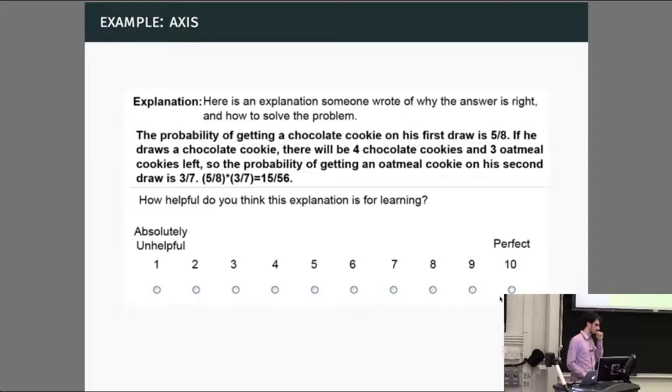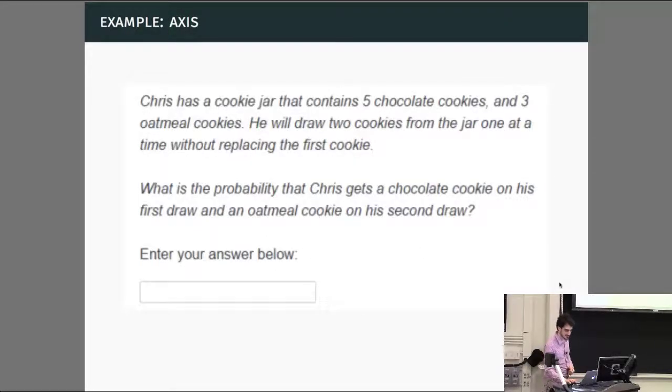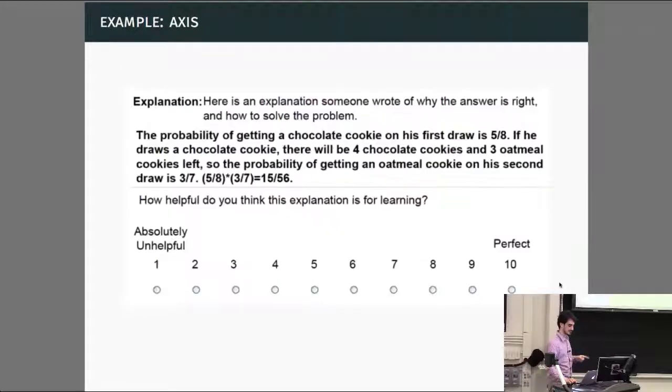Yeah? But is this for correct answers or even wrong answers? Good question. It could potentially be a wrong answer. I think they filtered on... I can't remember if they filtered on only people who gave right answers or wrong answers. In some cases, you might not know what the right answer is, so that makes it more tricky. If you do, then you can filter only on right explanations.